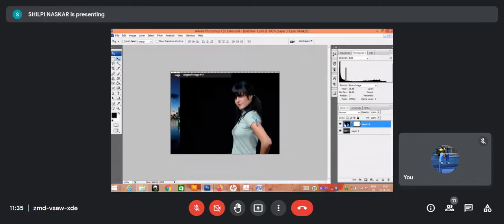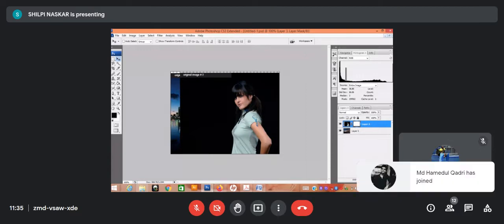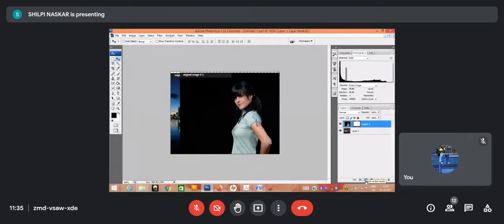There is another way also, in which you can do it directly from here. See at the bottom, if you keep your mouse over this option, it shows Add Mask. Here it is showing Add Vector Mask. If you check before creating the layer mask, you can find the option for creating the layer mask here at the bottom too. As I have already created the layer mask, it is showing the vector mask one. Now onto it you can create a vector mask.